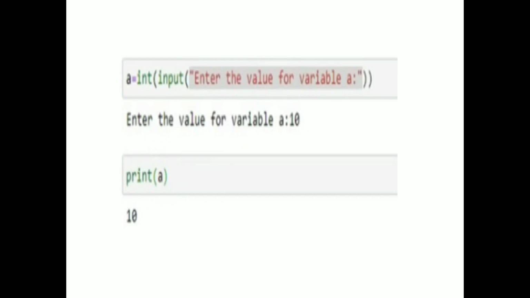Next program, you can see here, is with the help of a request message. Here A equal to integer type of value we are passing.